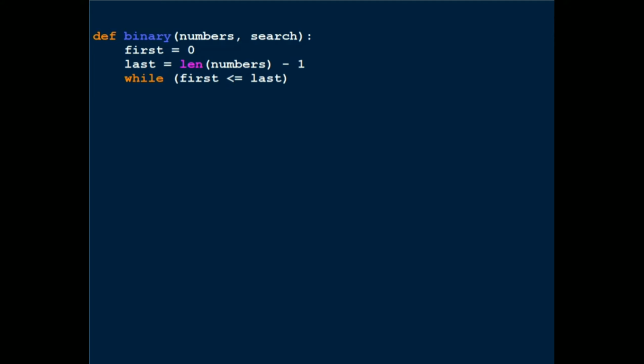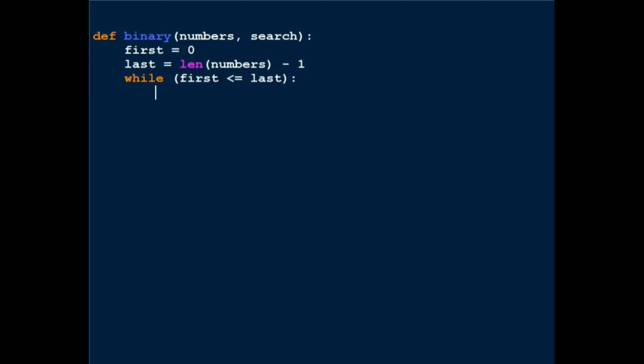Okay, so now why am I doing this? I'm doing this to ensure that the first index should always be less than or equal to the last index, and the last index should never be less than the first index, because if it is like that, then it means that the program is invalid. As we saw before, in certain cases the first and last index may overlap, so that's why the equal to is important here. So while first is less than or equal to last, now we have to find the middle index.